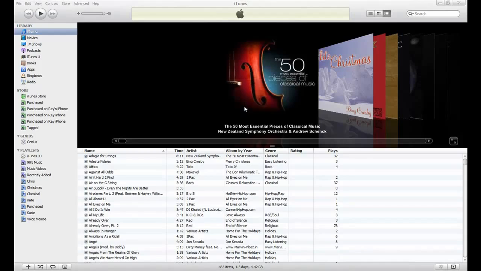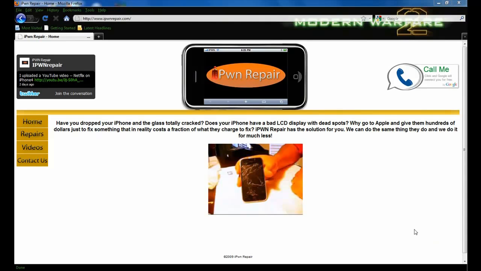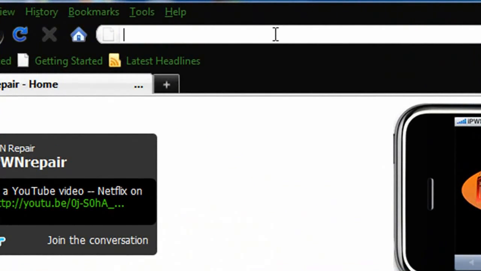So for that, we're just going to hit OK. Alright, so to get iREB, you used to be able to go to High Snow or I Hate Snow, I believe that's what it was called, to get it. But for some reason, when you go there now, it says it's set to private and you can't download it. So I found another source that you can download it from,